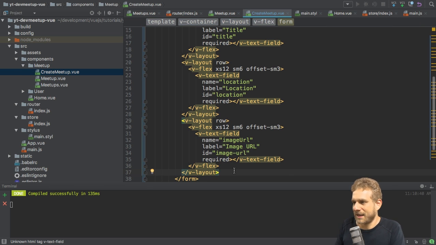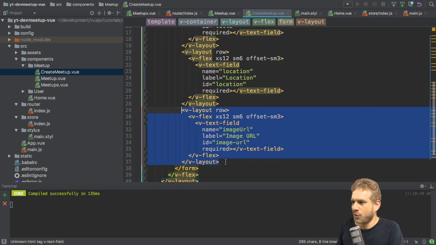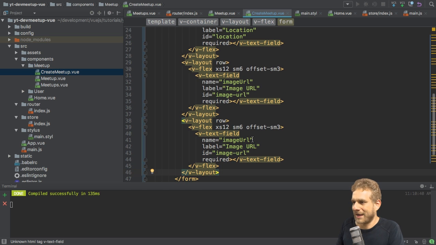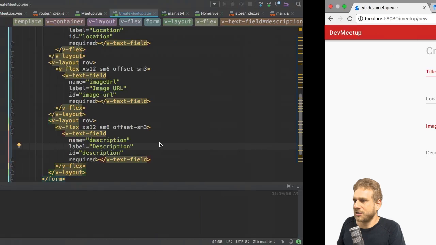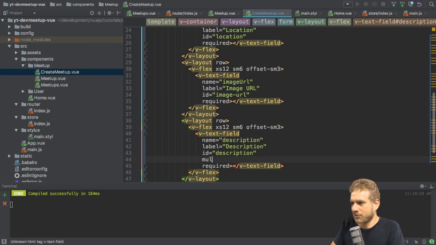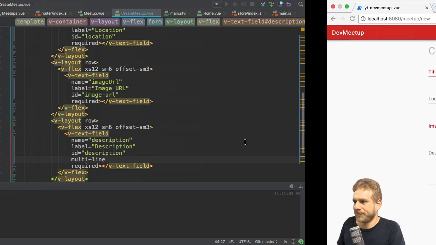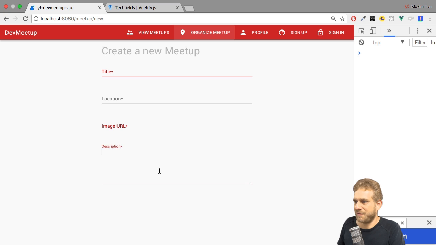I'll next add another row where I want to allow the user to enter a description. So here that will be the description. Let's add this here too. Here also a description. And the description should be a multi-line text field. And we can do this by adding multi-line here. This will now ensure that we actually have multiple lines to write,